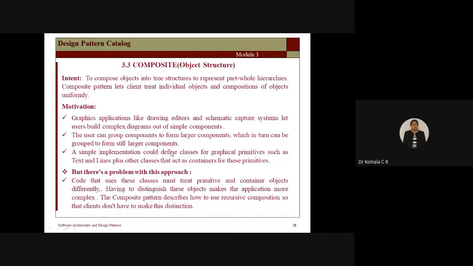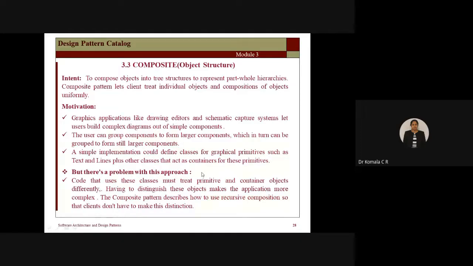A simple implementation could define classes for graphical primitives, such as text and lines, which are already available and that you are going to reuse, plus other classes that act as containers for these primitives. Here you are going to use the concept of recursion. We will understand that with the examples.